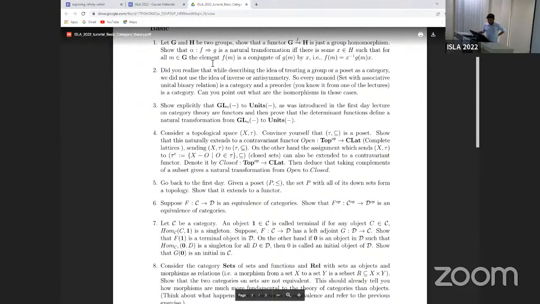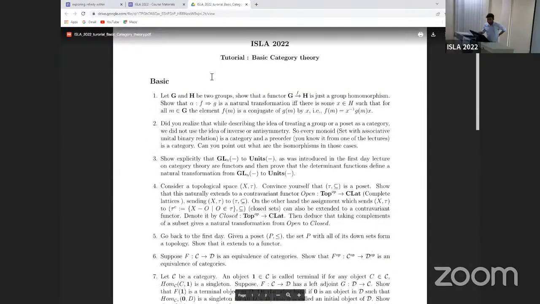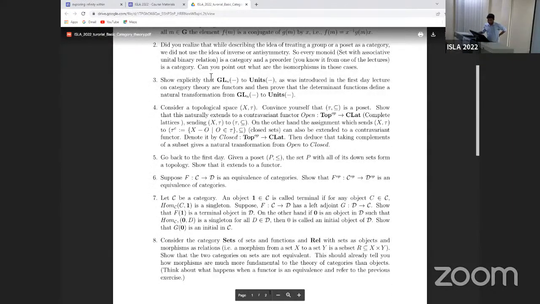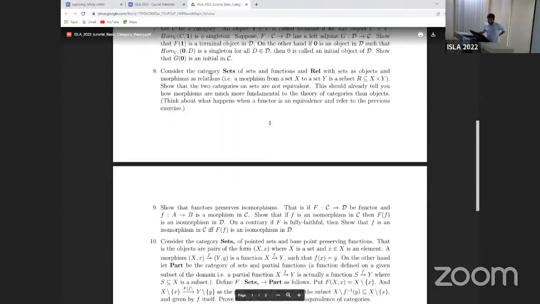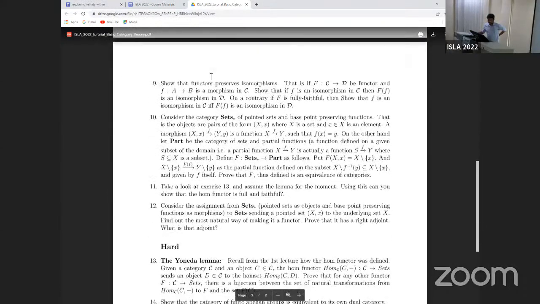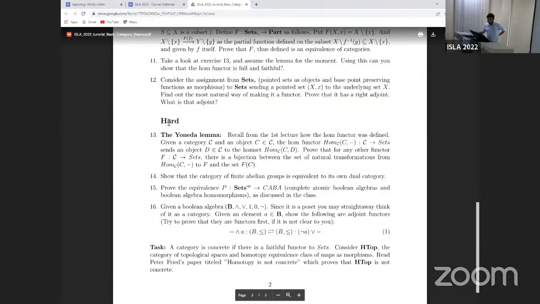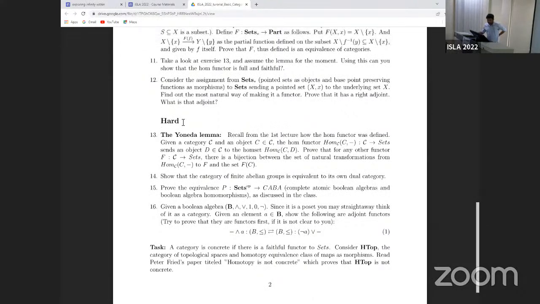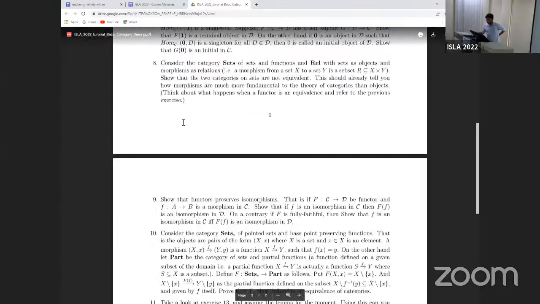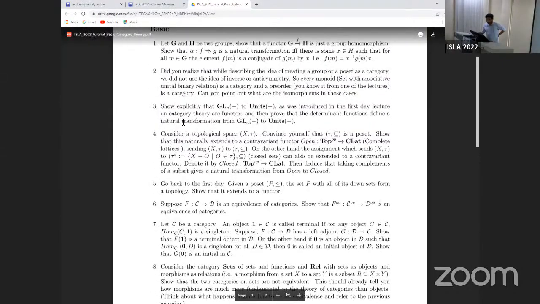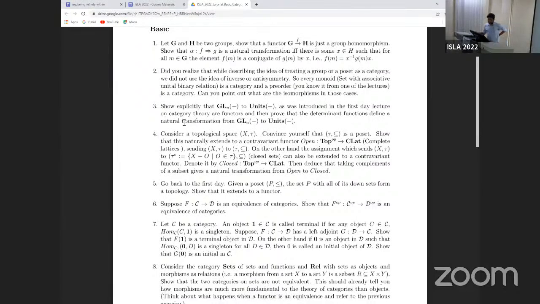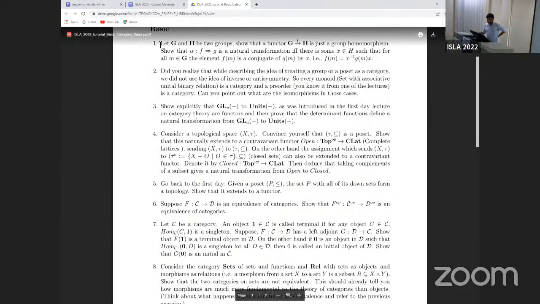So there are two sections in this tutorial. One consists of basic questions. Some of the basic questions still may be challenging for you, or at least somewhat difficult. There is another section which is hard, but that is not so hard as you will see. Try solving those exercises. The exercises are in a linear fashion according to the talks, and you'll find exercises about only things which have been covered. You can start.